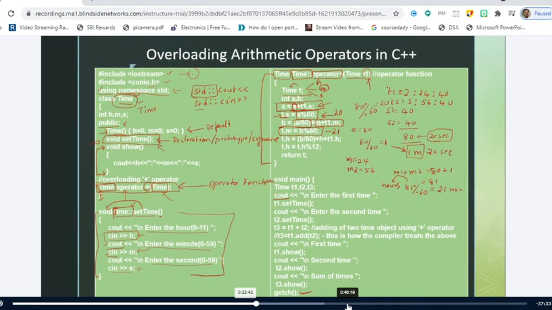So these are the two time objects I have taken. T1 is 2 hours, 24 minutes, 40 seconds. T2 is 3 hours, 56 minutes and 40 seconds. So we are done with the seconds. Right. So total should be 80, but since we don't have 80 seconds, I have modulo operated it and the result is 20. Is it right or not?